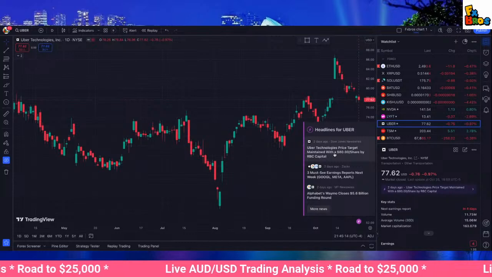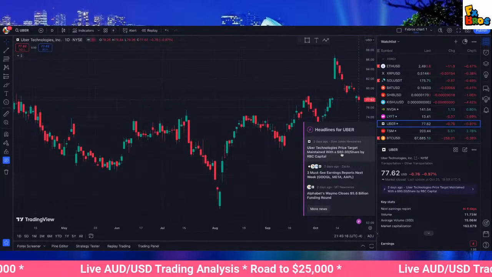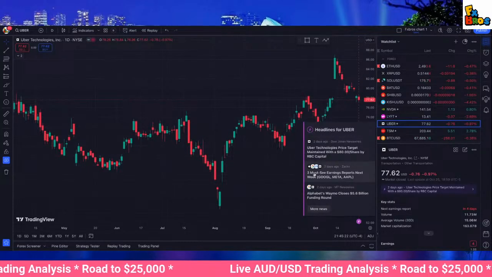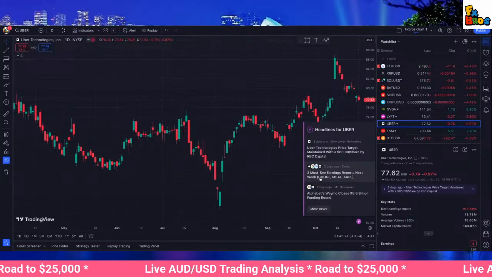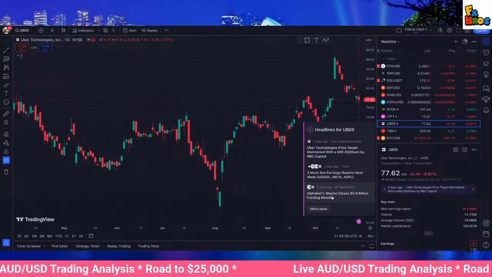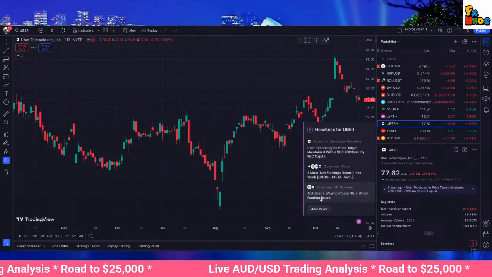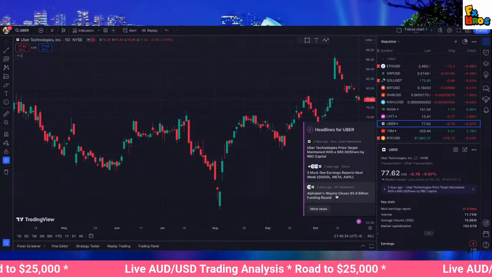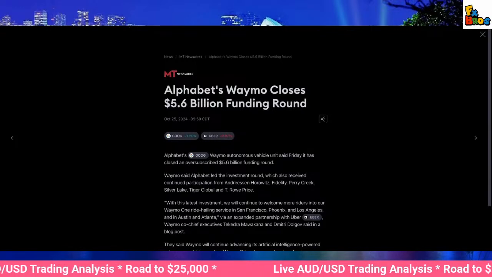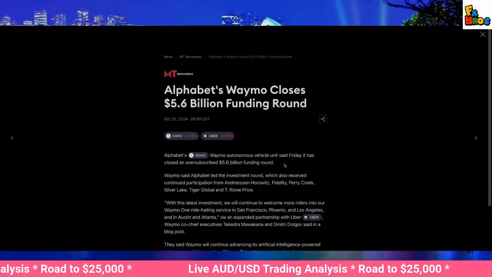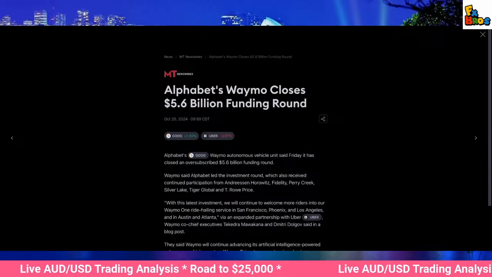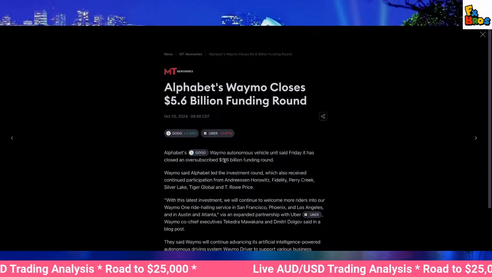Technology's price target maintained at $80 per share by RBC Capital. Three must-see earnings reports next week: Google, Meta, Apple. Alphabet's Waymo closes $5.6 billion funding. Damn, what is that? That's that EV stuff. That auto driving. I think autonomous vehicle. Man, come on. $5.6 billion of the